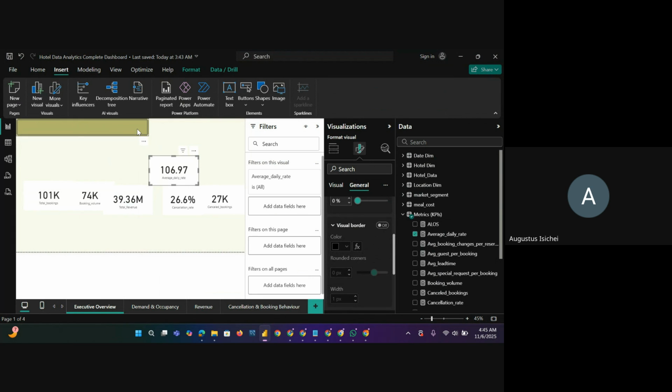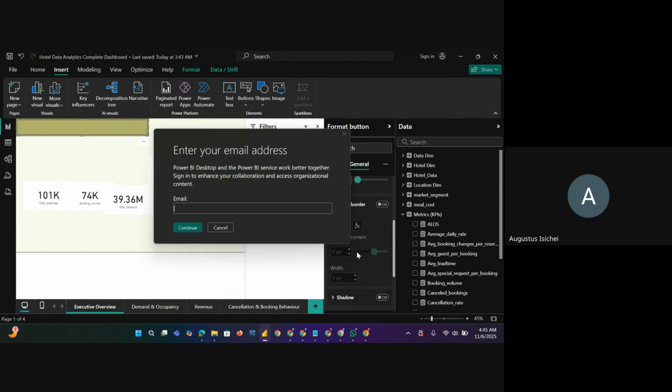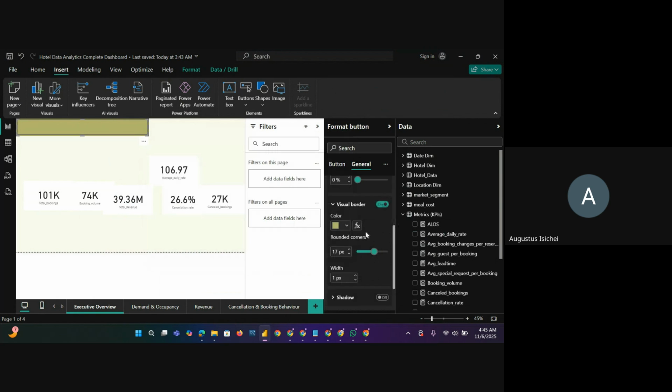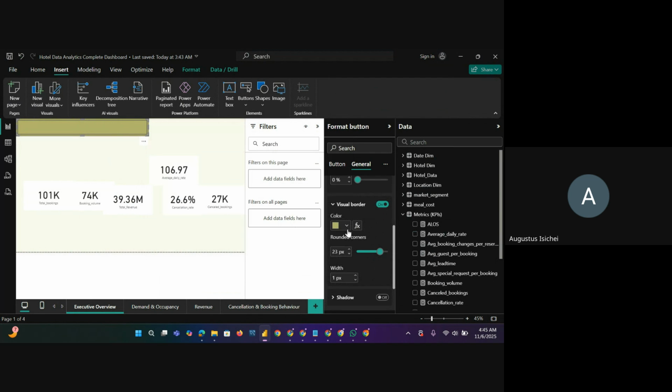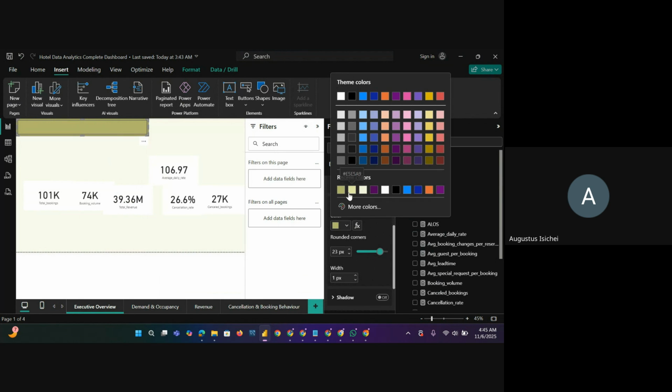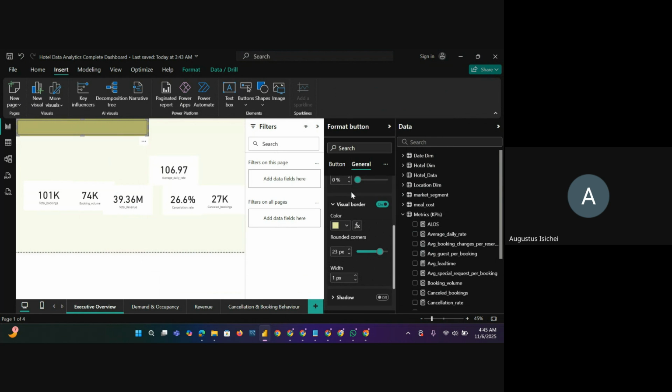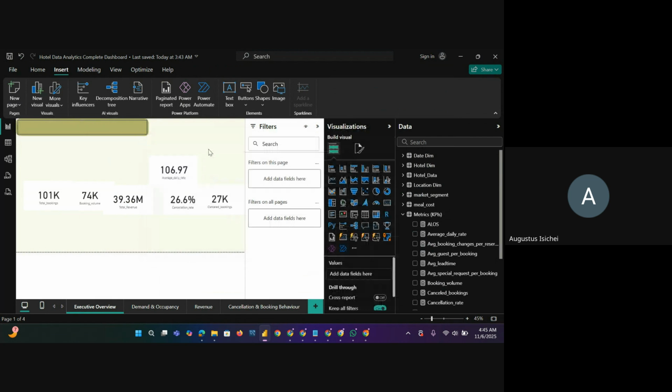I think we would have to take out the border. I don't like the way the border is looking, but I just want to give it rounded corners, and I want to take out the color. Let's leave it on this lighter one. So that means this rectangular shape we see in the border in that button is actually not